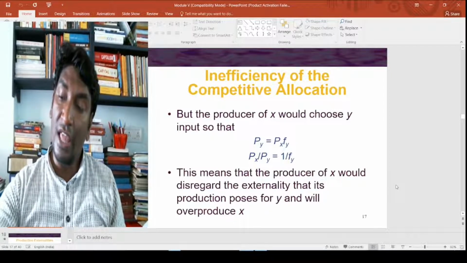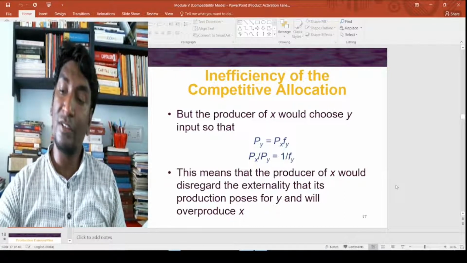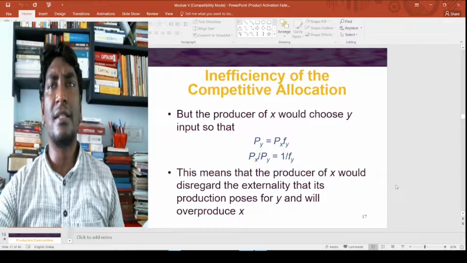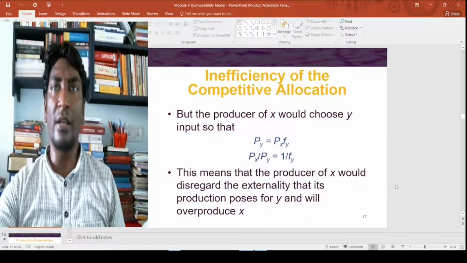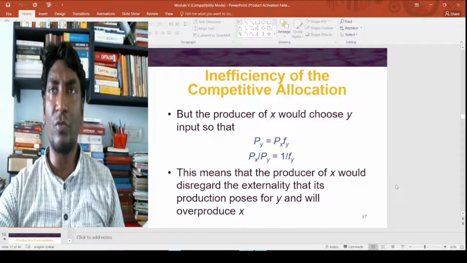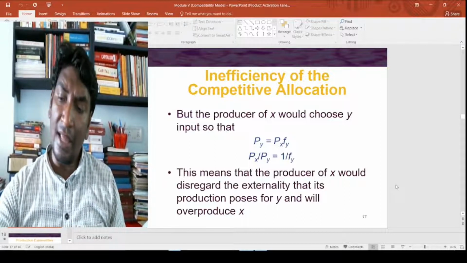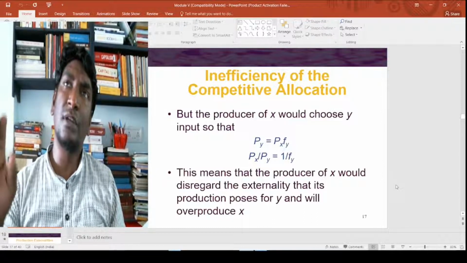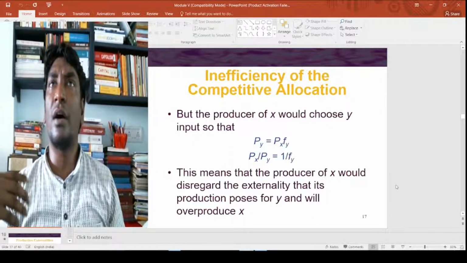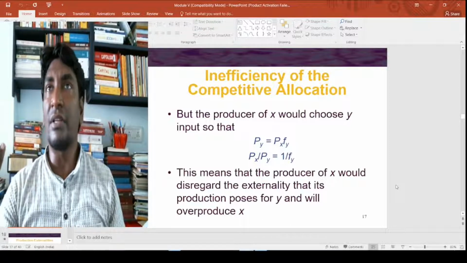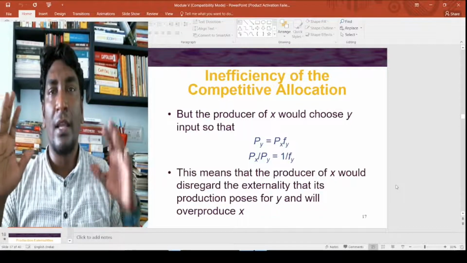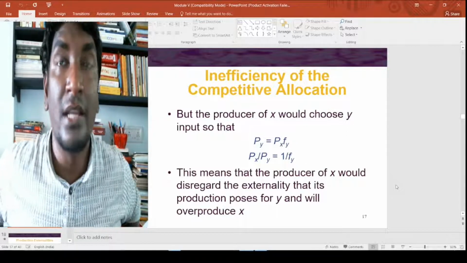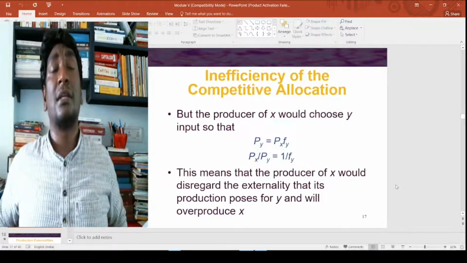What is actually their interest? If they do have this, there comes the importance of the Coase Theorem. I'll discuss the Coase Theorem in a while, not right now, because right now it won't make any sense. But other than that, we have some idea regarding this. Let us look into the aspect that if the polluter has the right, that is, if the producer, the upstream firm, has the right, they will keep doing it.